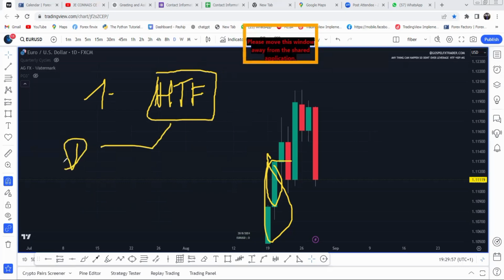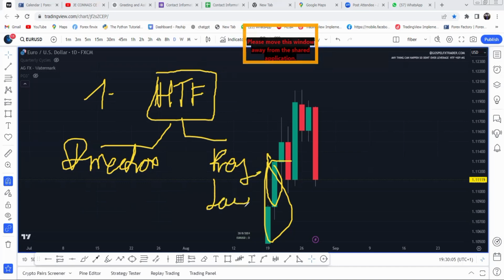Now in this higher time frame, you are going to be looking for direction first, and then the second thing, your key level. These are the most important things that you need to find out on your higher time frame. First, direction, where is price going, and the key level. If price is on a key level, that's where you'll be looking for your CRT on that higher time frame. You don't look at your CRT on the lower time frame, because let's say for example you are looking at the 5 minute or 15-minute candle to be a CRT,